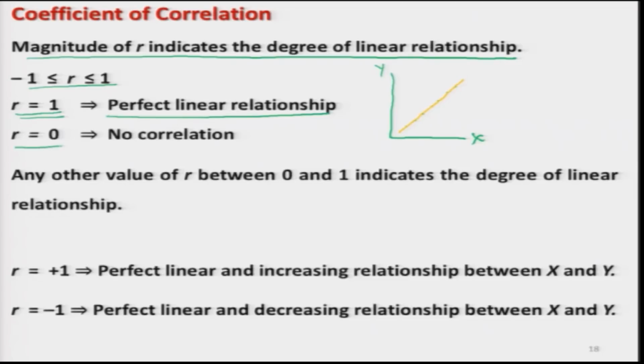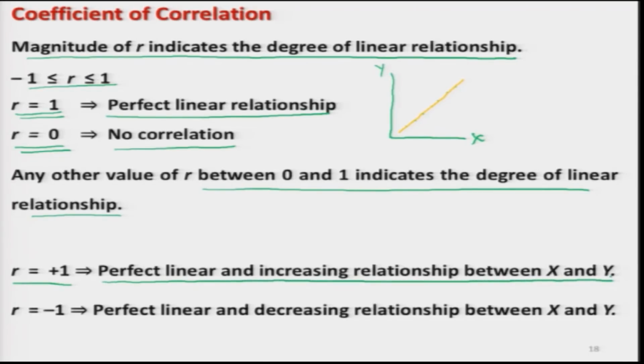Similarly, if I say r equal to 0, this will indicate that there is no correlation, there is 0 correlation. And in case I say any other value of r between 0 and 1, that will indicate the degree of linear relationship. Higher the value of r, higher the degree of linear relationship. This relationship can be positive or negative. So, when r is equal to +1, this will indicate the perfect linear and increasing relationship between x and y, and when we say r equal to -1, then